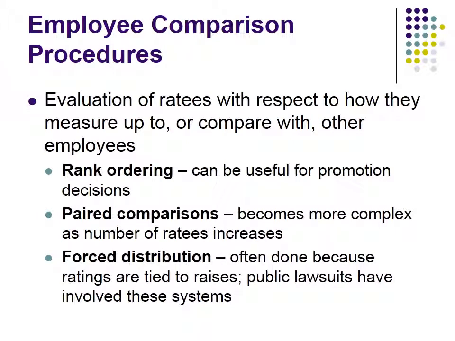Employee comparison procedures. Basically, this is a catch-all for any time you're not actually putting quantitative numbers directly to the employees themselves. So the previous systems we've talked about, graphic rating scales, you're assigning numbers to performance on an individual level. Each individual is getting scores. On BARS, again, you're using behavioral anchor ratings to give each employee specific ratings on various dimensions of performance. And checklists, again, you're putting together a list of specific behaviors that an employee does or does not do, and again, assigning a number. And then once you have those numbers assigned, then you can make comparisons.